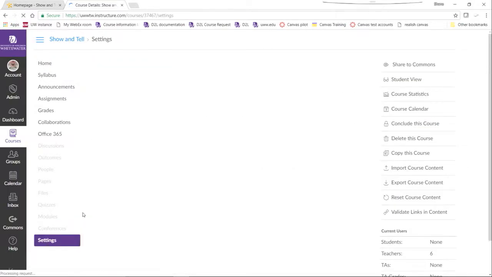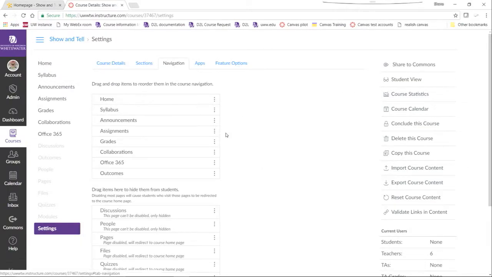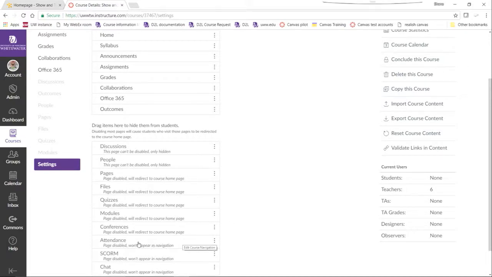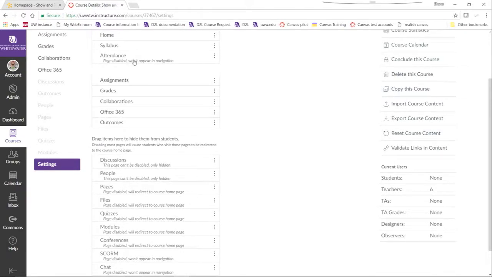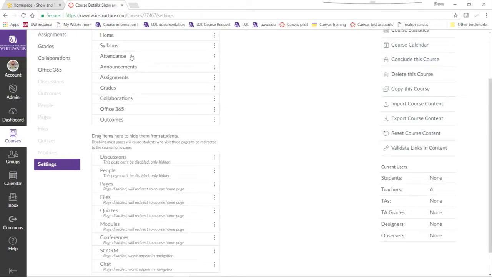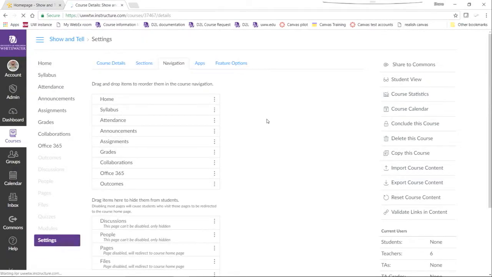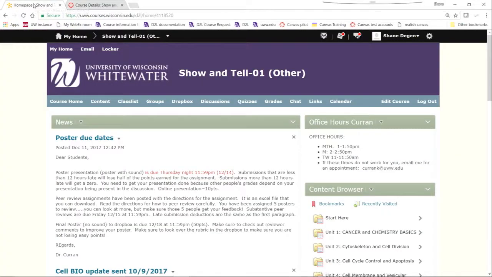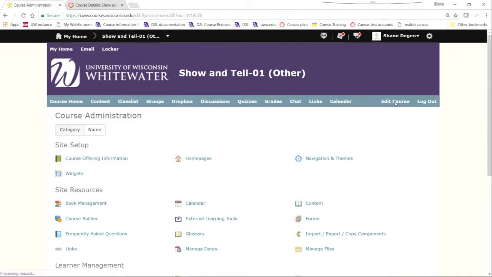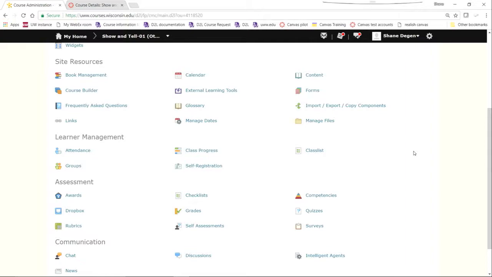If I come into the settings area and take a look at the navigation tab, attendance is one of the options that I can add to the navigation bar. You'll see that attendance is now here. In D2L, it was a bit difficult to get to attendance.